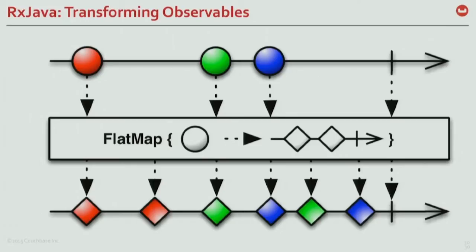It's fully asynchronous, and you can see this because if you have two successive objects coming in the stream, you can see that they don't necessarily come out synchronously. So it is fully asynchronous again. So flat map allows you to take an observable of stuff and return an observable of other stuff.